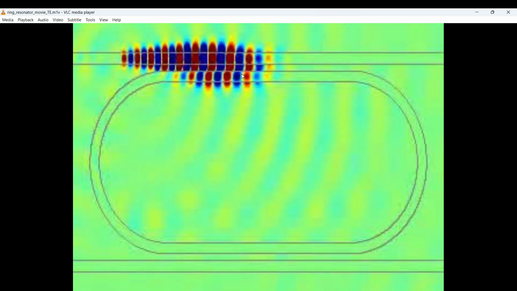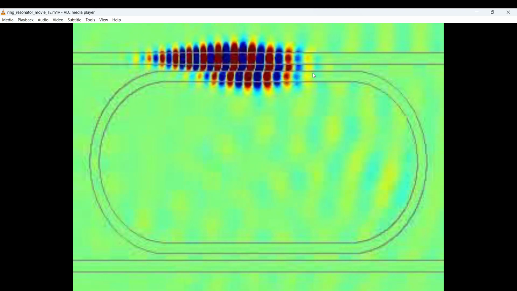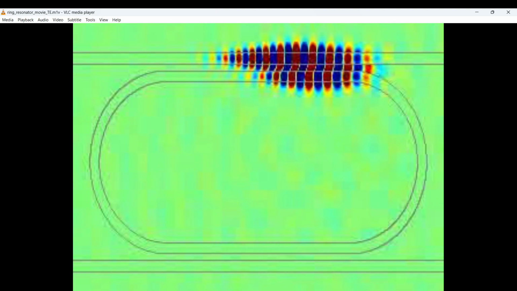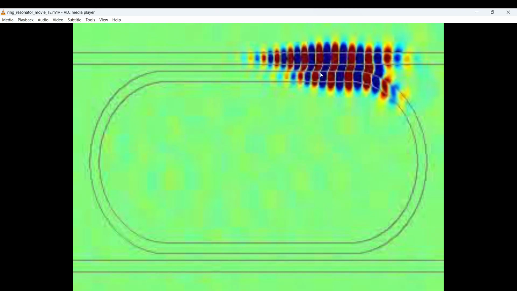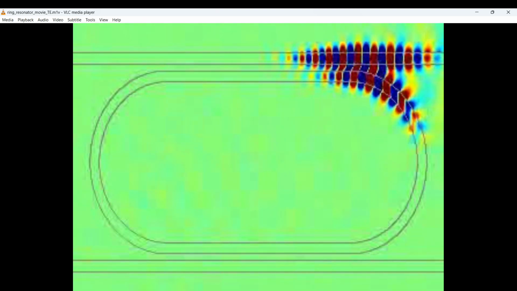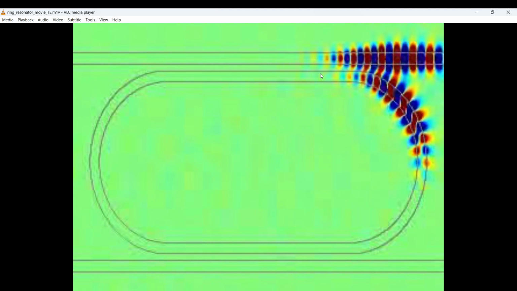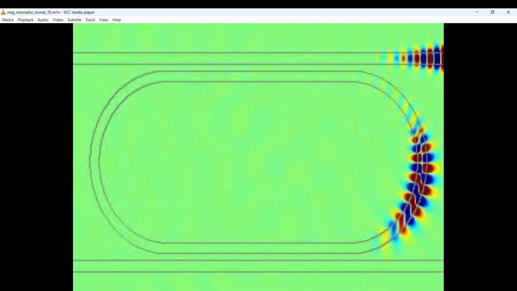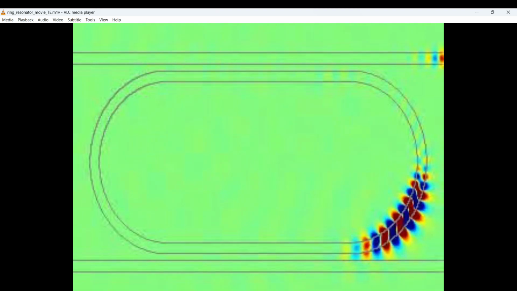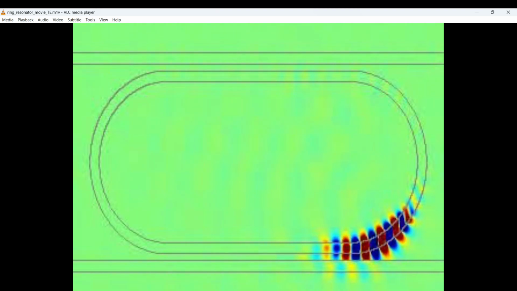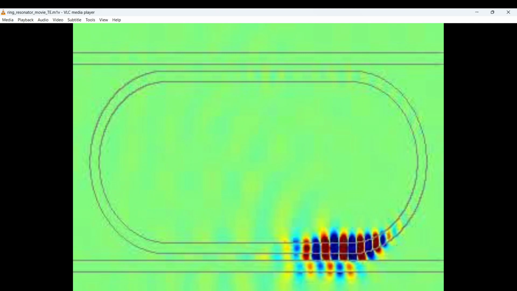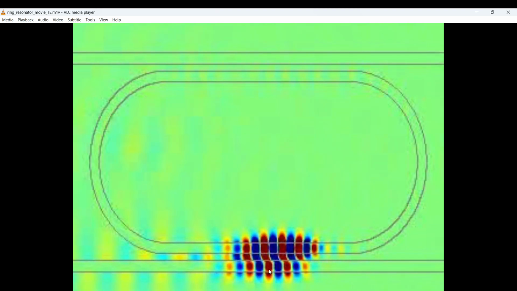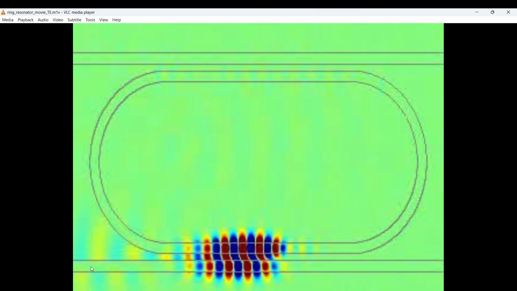Now we see light coupling into the ring waveguide. I hope the time we gave is enough for it to reach all the way here. See, it's coupling into the back waveguide also.